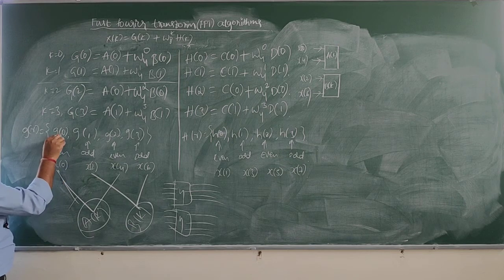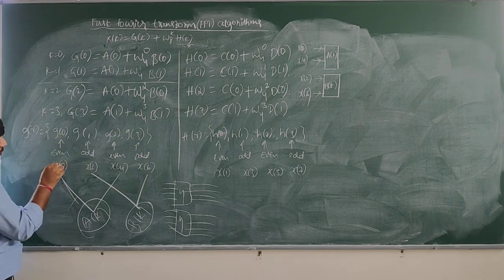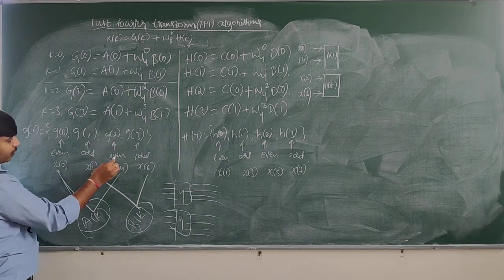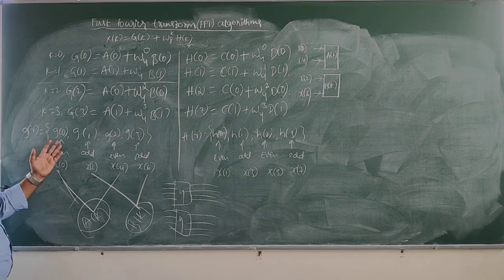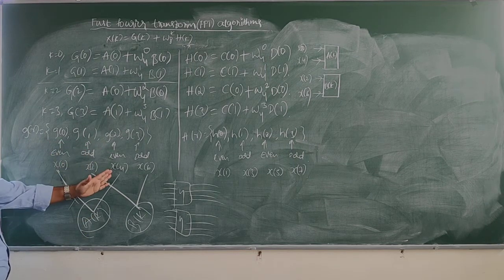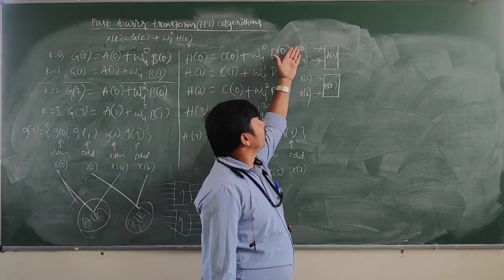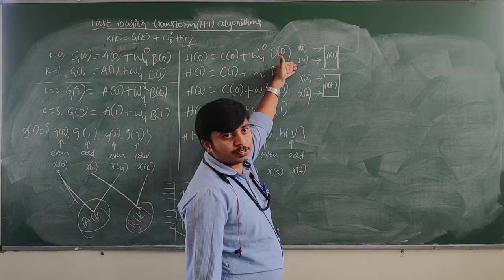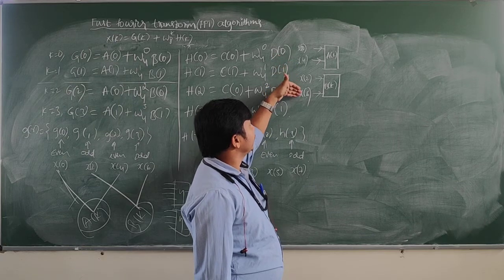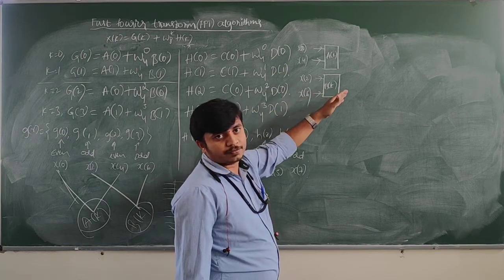So g of 0 corresponds to x of 0, g of 2 corresponds to x of 4. So these two are even. These two correspond to A of k. Therefore x of 0 and x of 4 are the inputs for A of k, and x of 2 and x of 6 are the inputs for B of k. Okay,